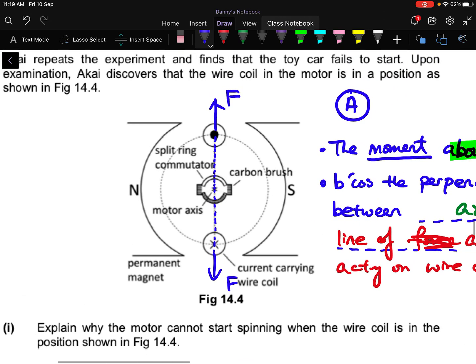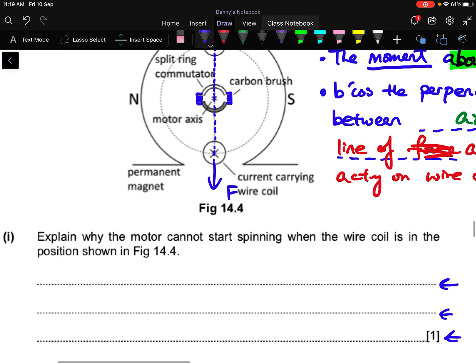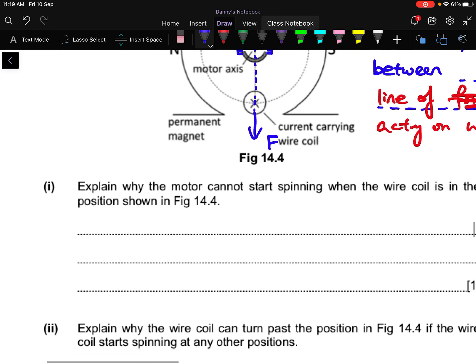Done. Okay, so this is approach A. There is another approach, because if you look at this, actually there is still contact between the carbon brush and the split ring commutator. But because current will always want to flow the least resistant path, which is your shortest path. You don't want, the current would not want to go through the entire wire coil, right? So you can also argue that at this position,